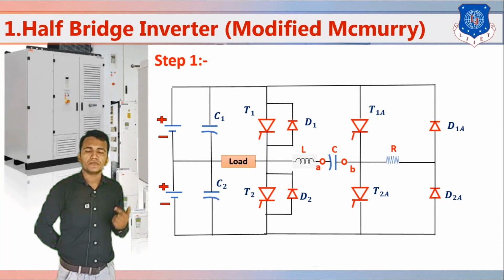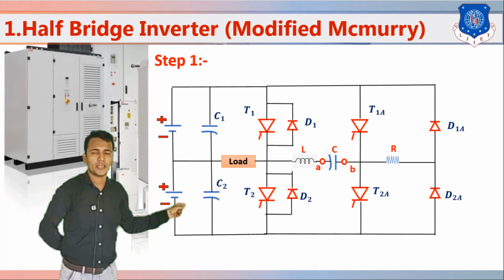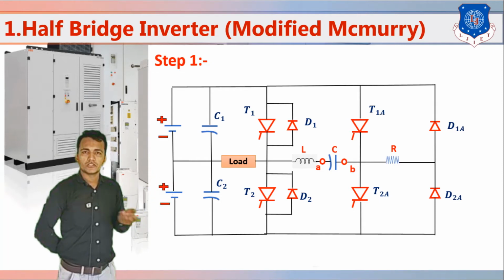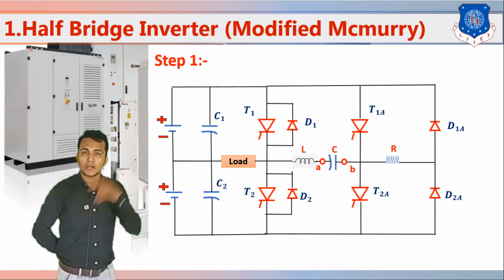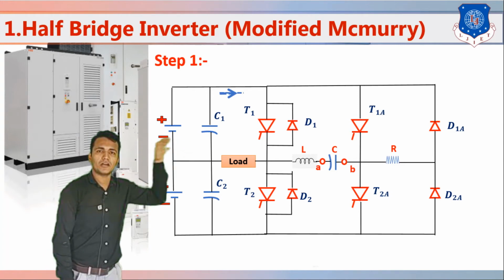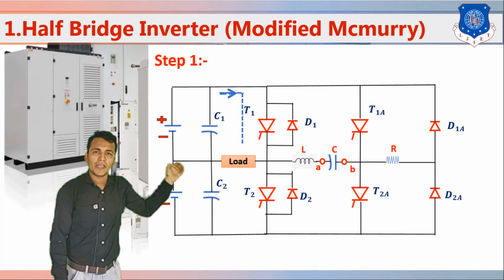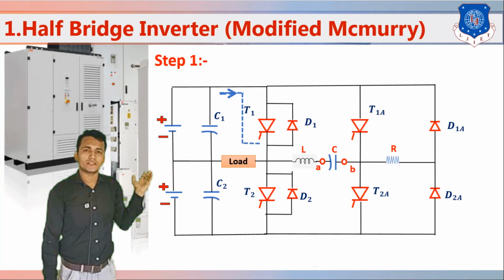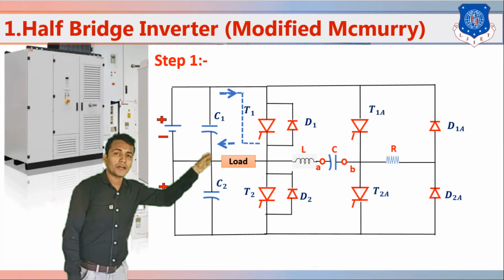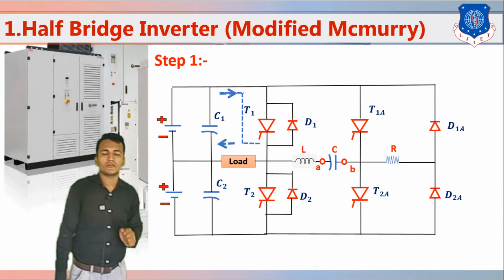In this step 1, we have to turn on the thyristor T1 and then thyristor T2A. So here two thyristors will be on in this step 1 or mode 1. So in the current flow diagram, the current will flow in this manner. You can see in this circuit, first of all, the current is going from the upward side. Then thyristor T1 is on, and some current will flow to the load side, and some current flows in another direction also. So here you can see the current direction is in two ways.